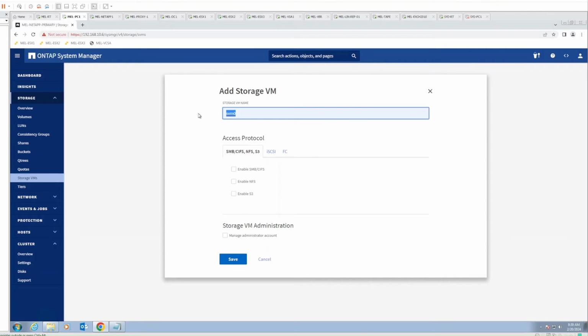So I'm going to give it a name. What name can we call it? We might just call it primary SVM. And I'm not going to enable anything right now. We can do that after the fact. You can create an SVM administrator. So if you wanted to give administrators specific access, or only access to this SVM but nothing else from an administrative purpose on the actual cluster, we could tick this box. This is kind of like role-based access, basically just providing particular accounts to only managing this storage VM. So if we click save,